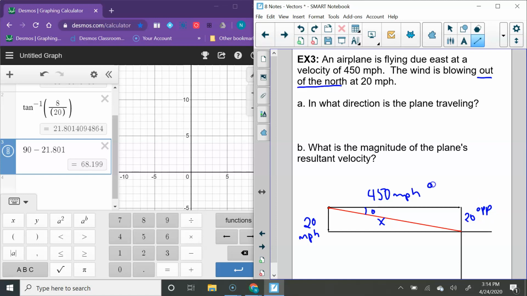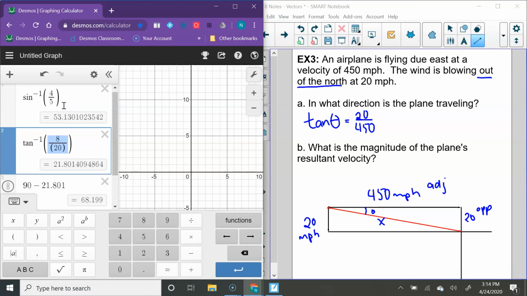And this is my adjacent side. It's like we're ignoring this bottom triangle. We're only looking at this one over here. And so that tells me tangent of theta would equal 20 over 450. And if we do inverse tangent here, 20 over 450, we're going to get 2.544, or 545 if we round,